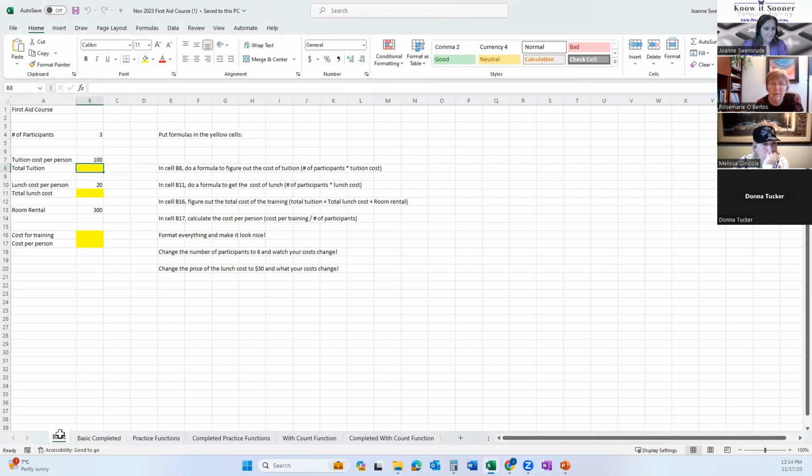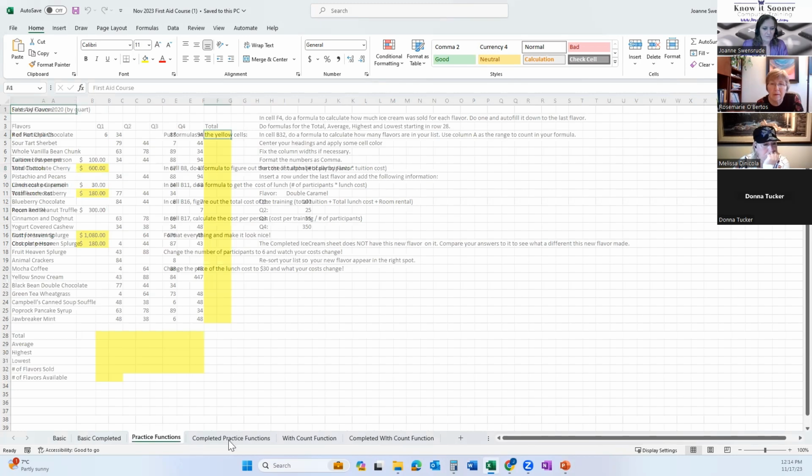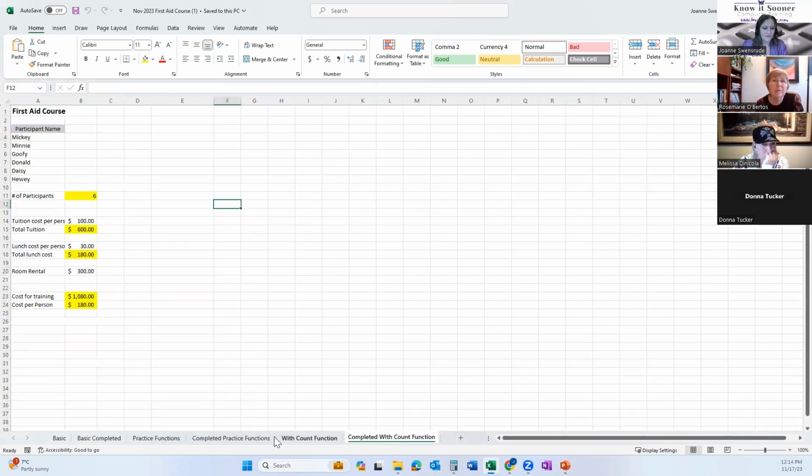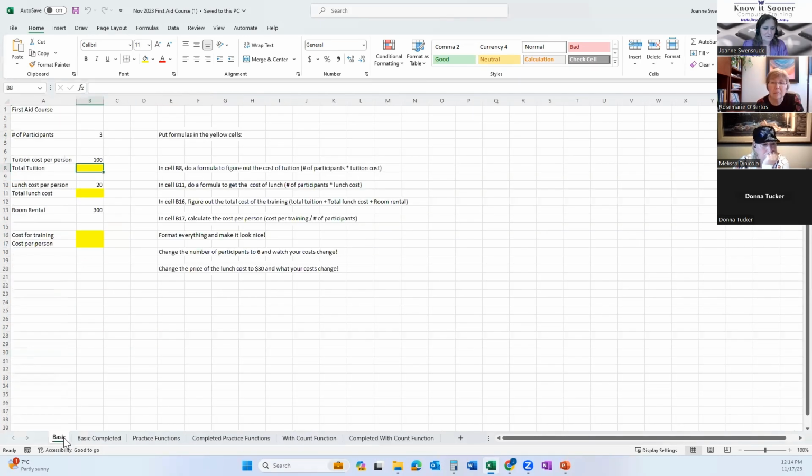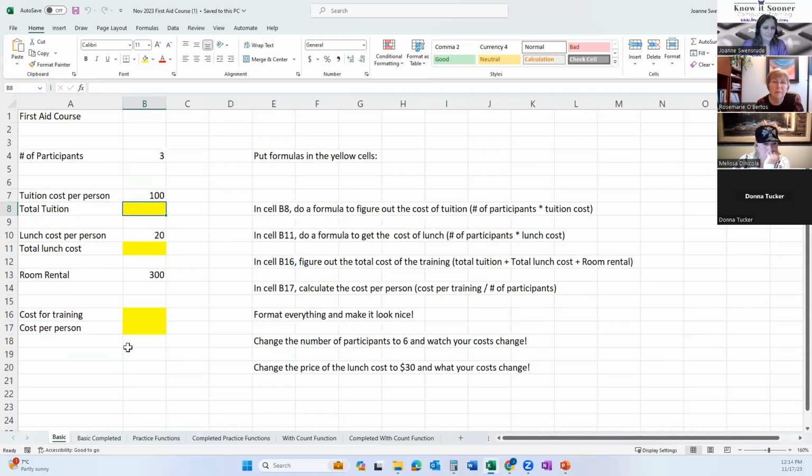So I've got little sheets at the bottom here, and I'm going to walk you through some of these things. Right now we're on the basic one. This is kind of what I just showed you. This isn't a course today about creating a spreadsheet. This is about formulas. If you want other kinds of training on this, then let us know.